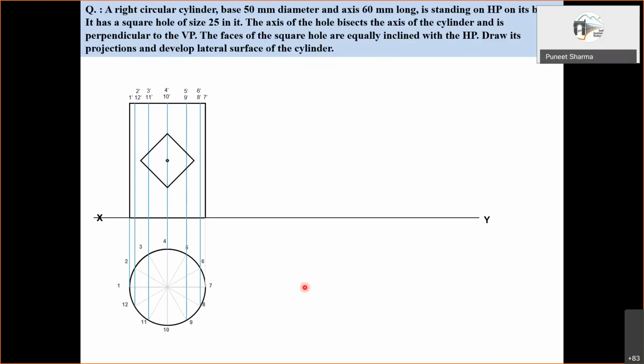So more or less it is similar to whatever we have done earlier, but you will notice a few different things. One is this corner and this corner. These are lying on certain generators. So if we develop the surface of this cylinder, it will be a rectangular surface as we have discussed. We can mark all the 12 generators. Again, measure with the divider, mark the generators, and you'll be making it, right? But you have got these two corners on these generators, 4 and 10. So these corners will be located on them, but these two are not on any generators.